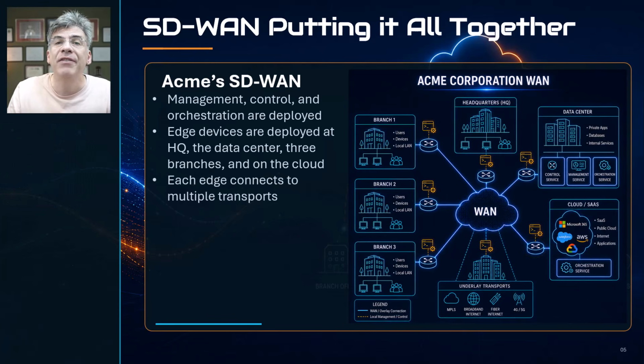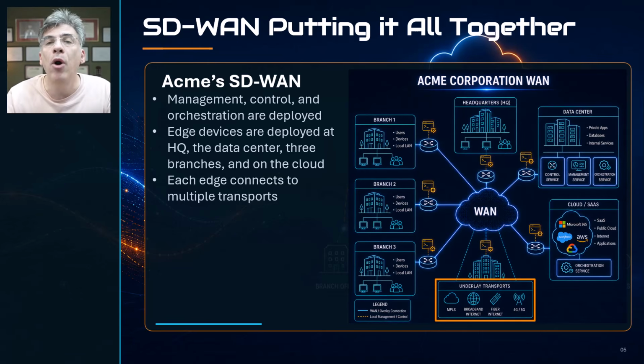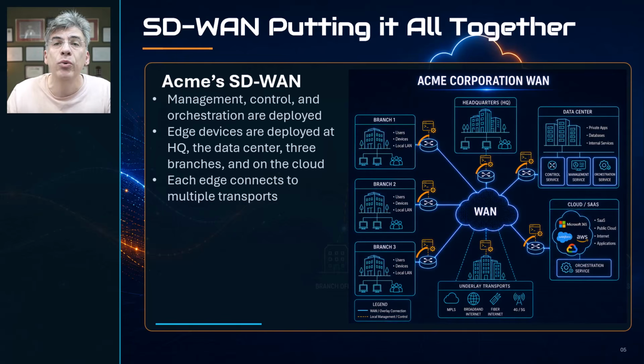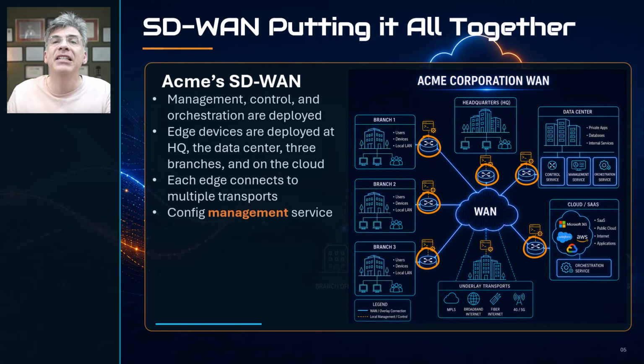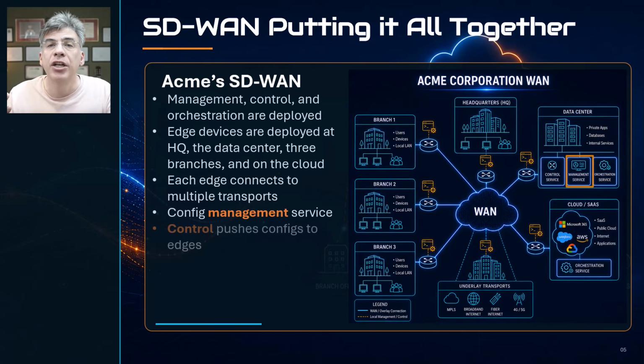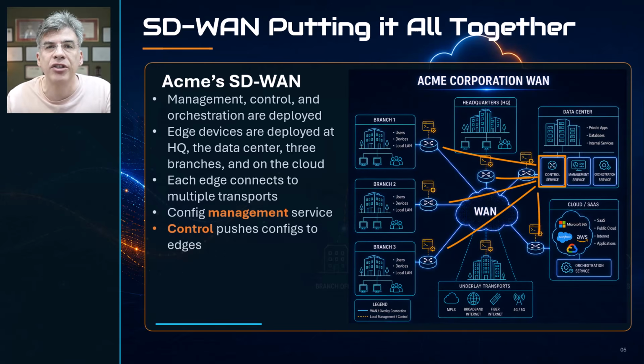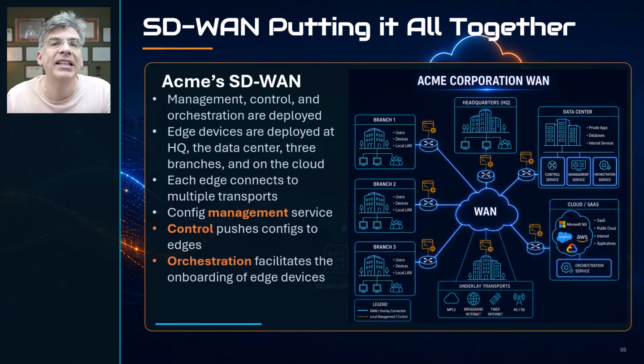Now, each edge device connects to one or more underlay transports, such as MPLS, Internet, Fiber, 4G, 5G, and so on. Once all those components are in place, the SD-WAN overlay is built between the edge devices. Admins configure the management service, the control service pushes the configurations to the edge devices that conform to those configs that are applied, and when new edge devices want to connect, they contact the orchestration service to gain access to